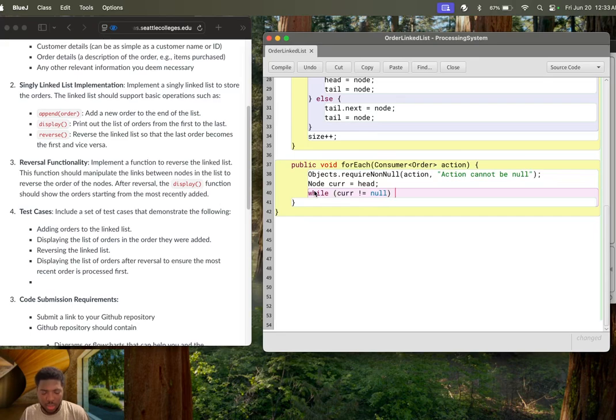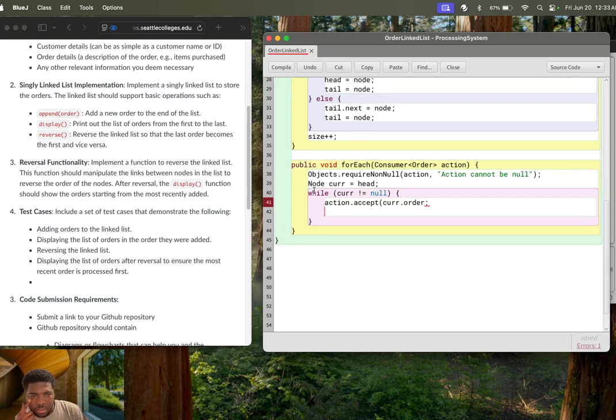I'm going to negate it to null, and I'm going to say accept, right, accept the